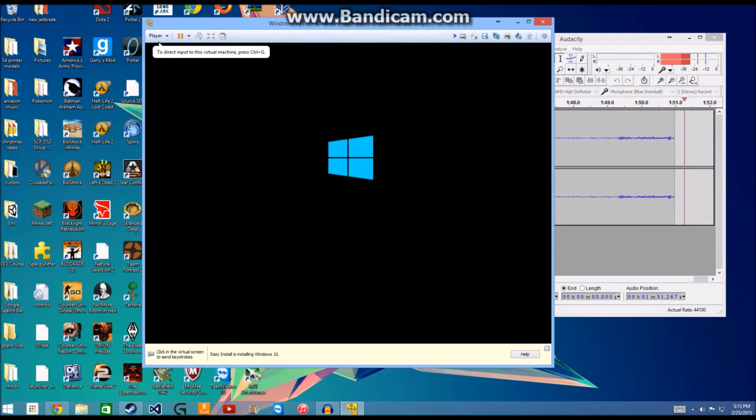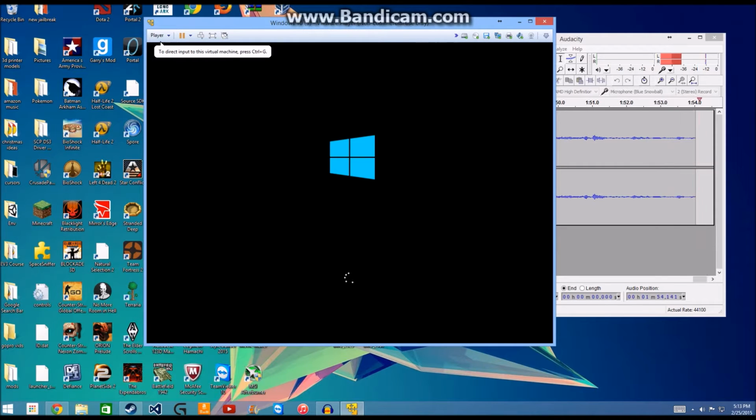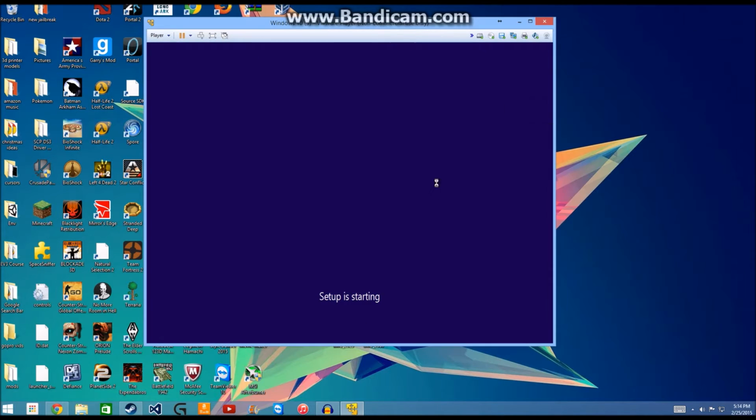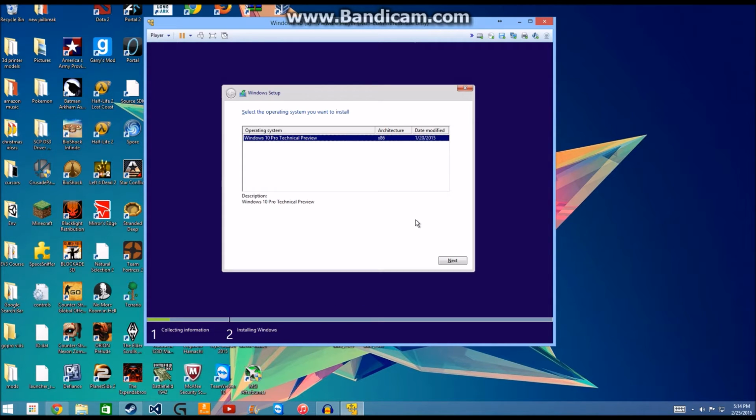Alright, the installation has finished, and now it will boot up. And one of the nice features about VMware Player, just click remember later, is that it does a thing called easy install, where it'll do a big chunk of the work for you. So now it'll say preparing files, or setup is starting. Couldn't remember which one it was. You select Windows 10 Technical Preview, next,